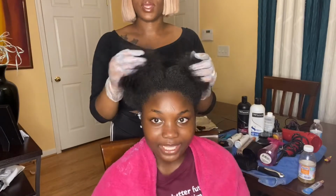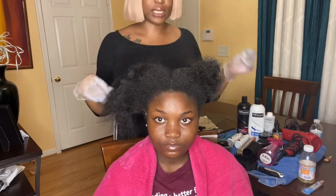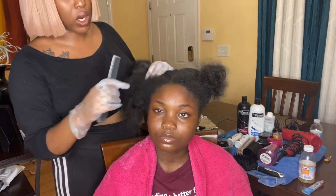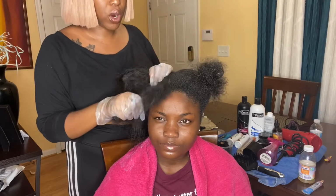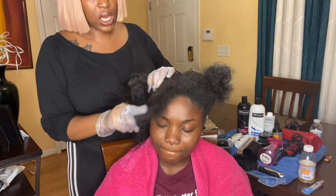I'm back in the front, guys. All right, so I'm up front. Now I'm gonna go ahead and section off the front of her hair. Now, she said that she likes to wear a side part. So I'm going to just go ahead and part out the front of her hair first,